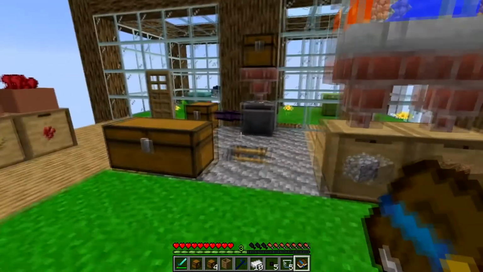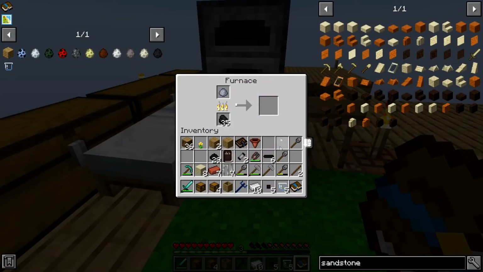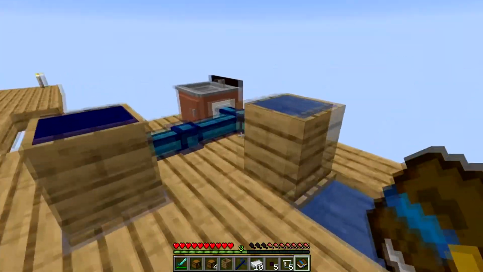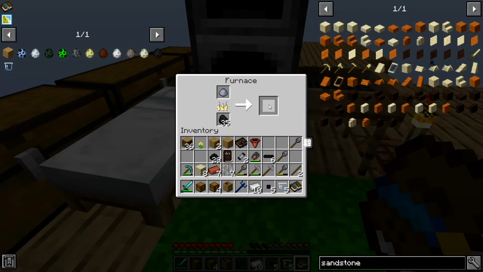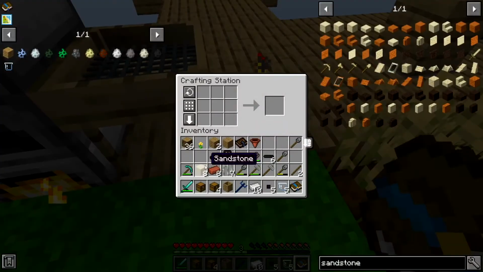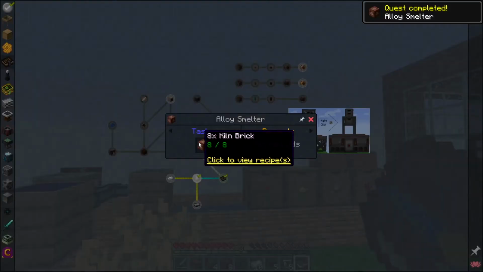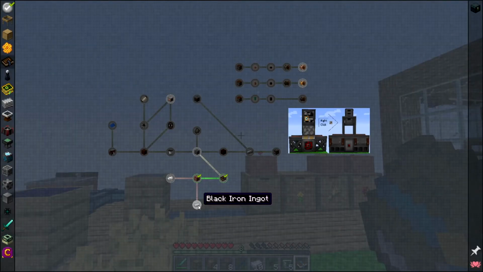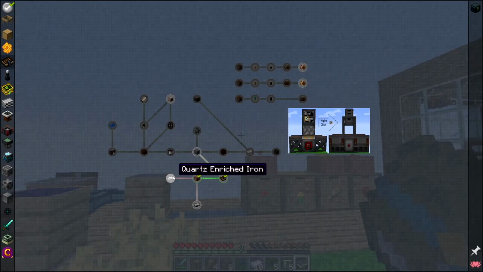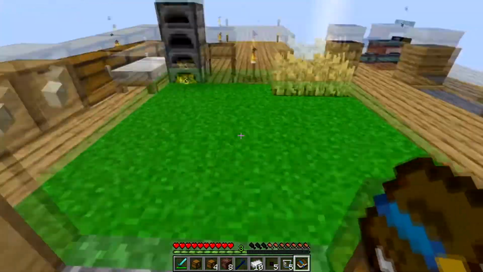And eight brick. And now we have 8 kiln brick. From there, we need to make a black iron ingot and quartz enriched ingot. Let's just put this down there. And we also need,